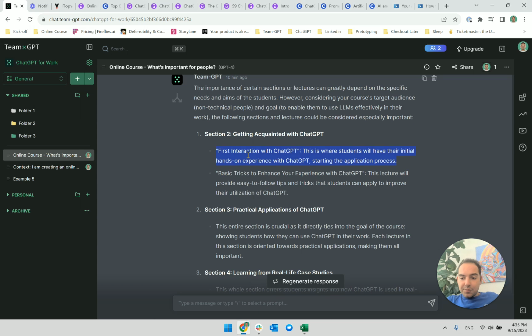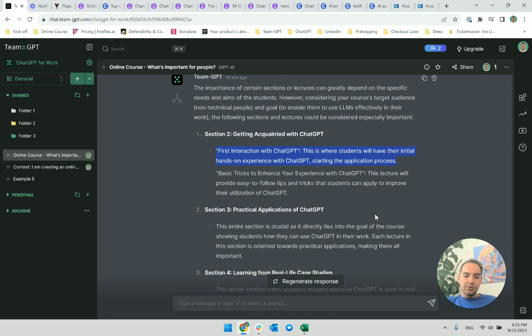Now, ChatGPT told me: first interaction with ChatGPT. This is where students will have their initial hands-on experience with ChatGPT. The more courses I have seen, the more I've seen this to be a bad one.